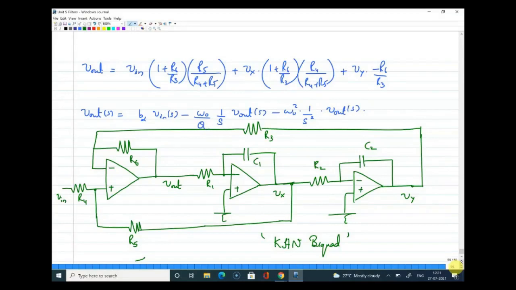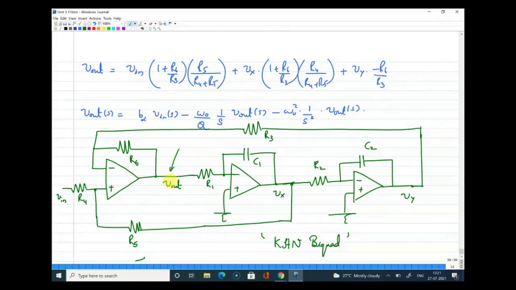Is this clear? Any questions? All right, yeah, that is a good question. The big advantage of this is, if you look at the Sallen-Key filter, you have only one op amp, and you can change the components to get the response. Now the advantage here is, how will you get the high pass filter response in this? We should take the output from this point, right? If I take the output from this point, you will get the high pass response.